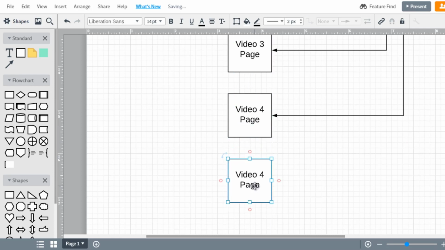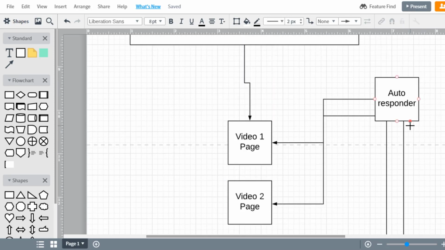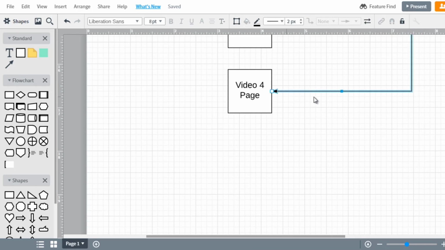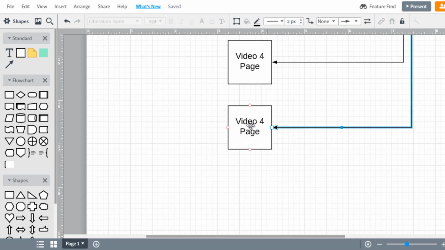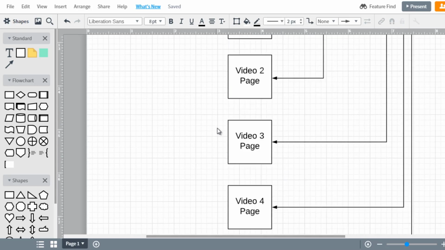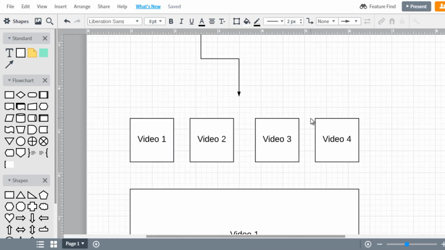After they get the offer, you decide how long they have to act before the offer disappears. And you can set up a scarcity page that says something like, sign up here before it ends. That's getting a little bit complex, but if we go back to the basics,